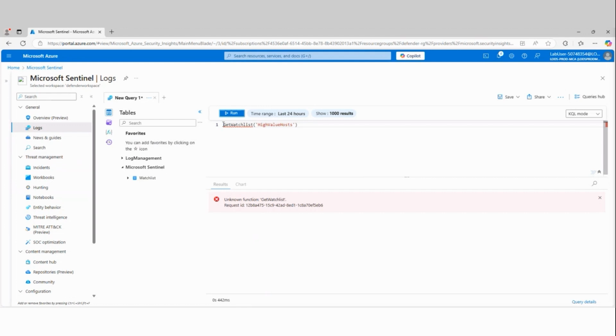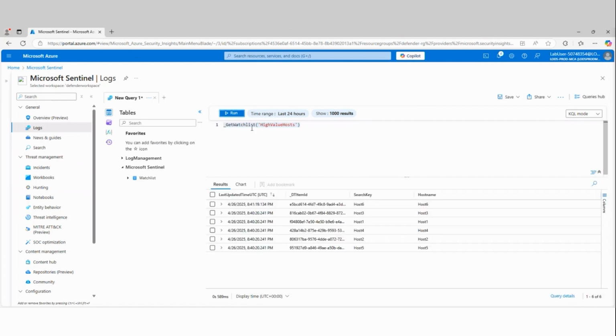Now, obviously, I don't have any queries currently built for it, but if I did, then I could use this as part of that and run that against there. So there we go. Now you'll see here all the listing, and this just lists the hosts that are in the watch list. But in the real world, I would have a query that I'm running, and that query, including that, would have this, which would then run the query against my hosts or user accounts or devices, whatever it may be that I have in here. So that's the purpose of running a watch list.